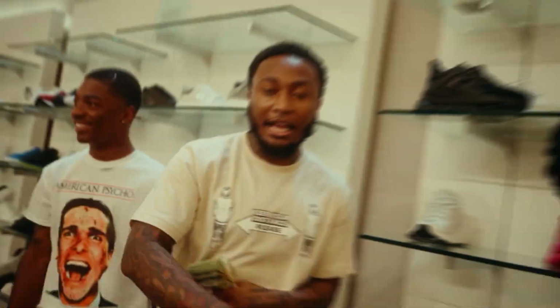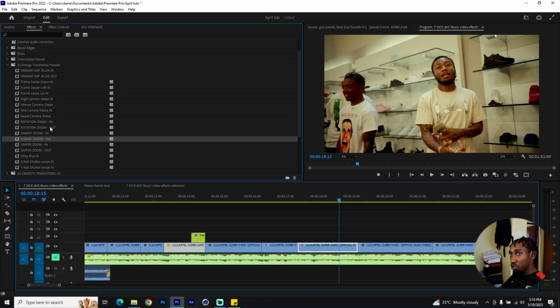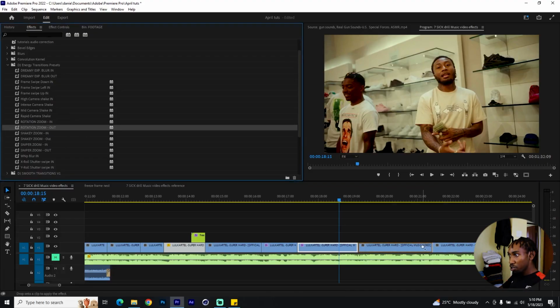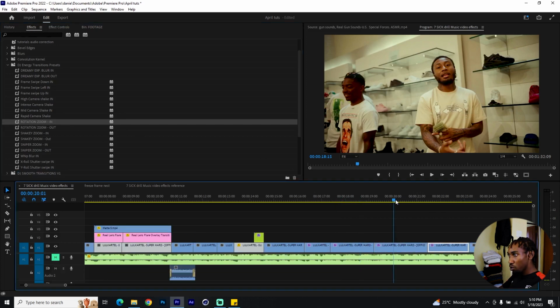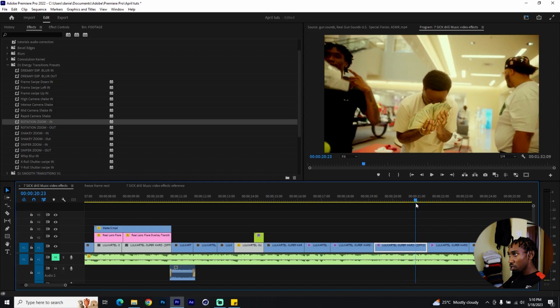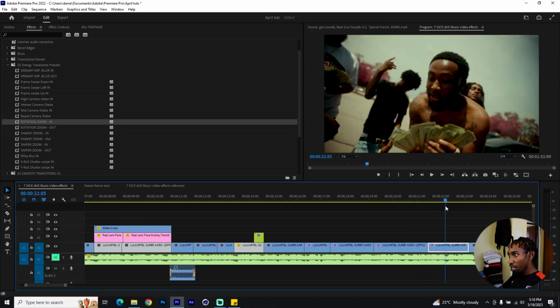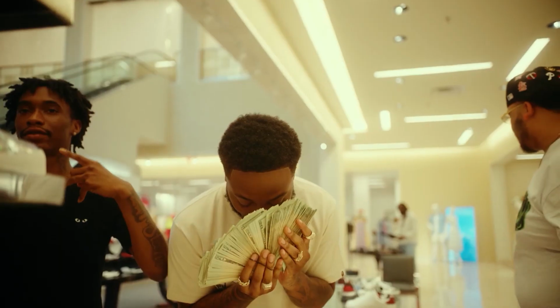Okay, that's super simple. I'll try one more, the rotation zoom out, put it on this clip, put rotation zoom in on the next clip, and it should go something like this. Yeah, it rotates with a very good zoom onto the next clip. And yeah, those are 7 very easy drill music video effects and transitions that you can try out on your